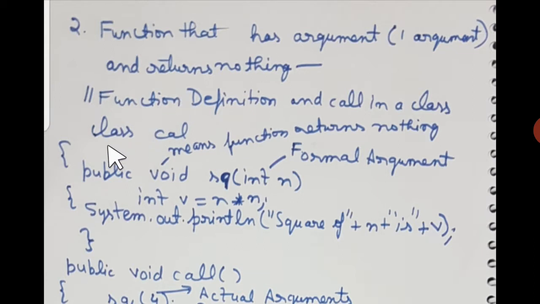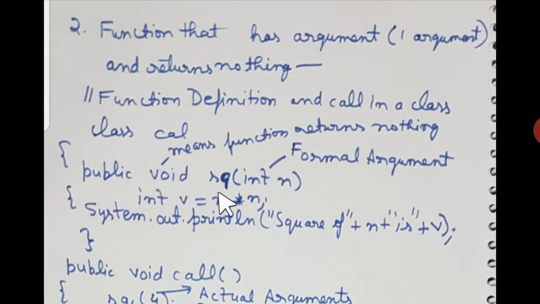Okay. So here you can see class cal. I picked up the same class name, and inside that class definition there is a function sq. It is there to calculate the square of the number, which is being passed through this parenthesis, or it's an argument. And students, whenever an argument is mentioned in the function definition, what do we call it? We call it formal argument.